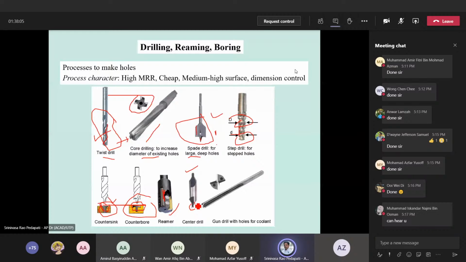And we have the gun drill with holes for coolant. What is a gun drill? You see here the drill is very long. The name indicates that in the golden days this was used to drill gun barrels. You know the gun barrel is some length, half a meter, 40 centimeters, something like that. So it drills that kind of deep hole in the barrel. That is why this is called a gun drill. Obviously, this is a drill with a lengthy flute. That's all. So these are different drill bits and